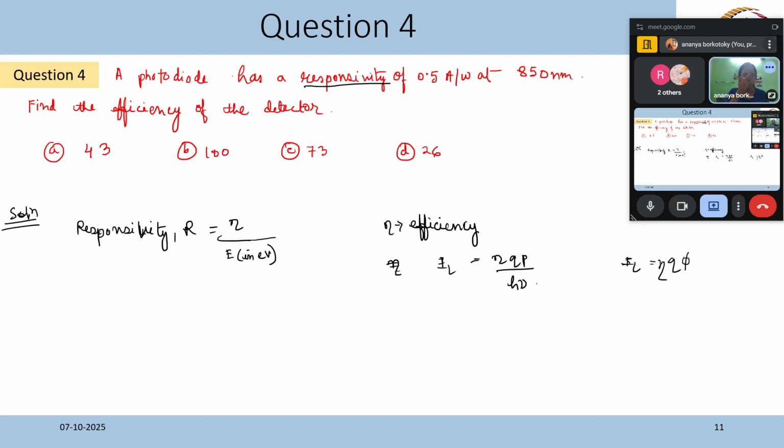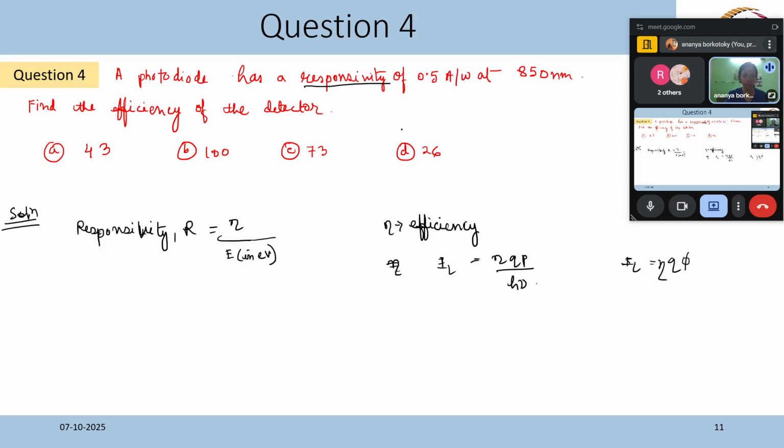We expect some current due to some photon flux, but we get a different current. The difference is based on the efficiency of the diode. And this eta, responsivity, how we calculate it, using this formula. So these are formulas, please remember these formulas. Now our responsivity is given at a particular